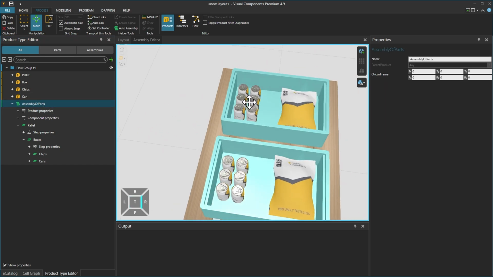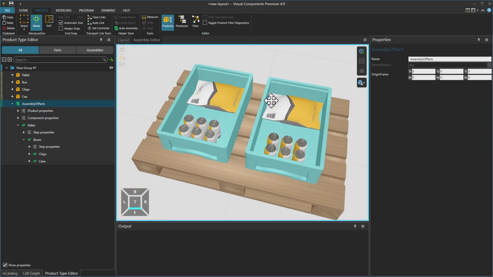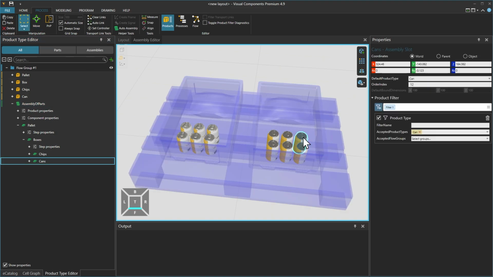This now looks good. We can check the order indexing of these slots. Using the Select tool and selecting a can slot in the assembly editor, the order index for this can is 12, and clicking through the rest of the cans, the order index shows how the cans have been added based on this descending order.